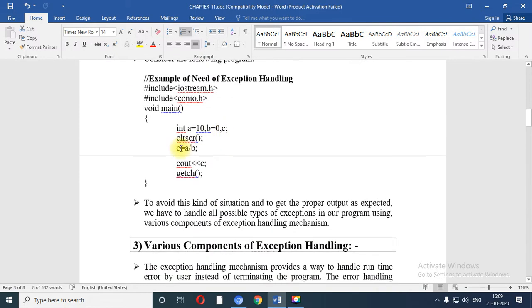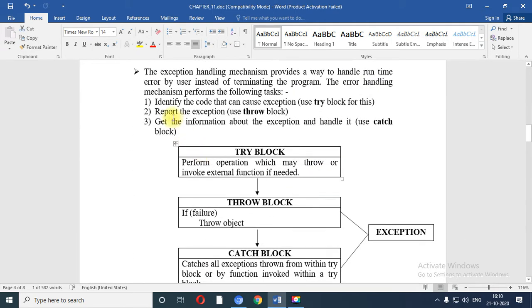In this particular case, I know that this line may generate an error, so we put that block in the try block, because we can identify that it can cause an exception.